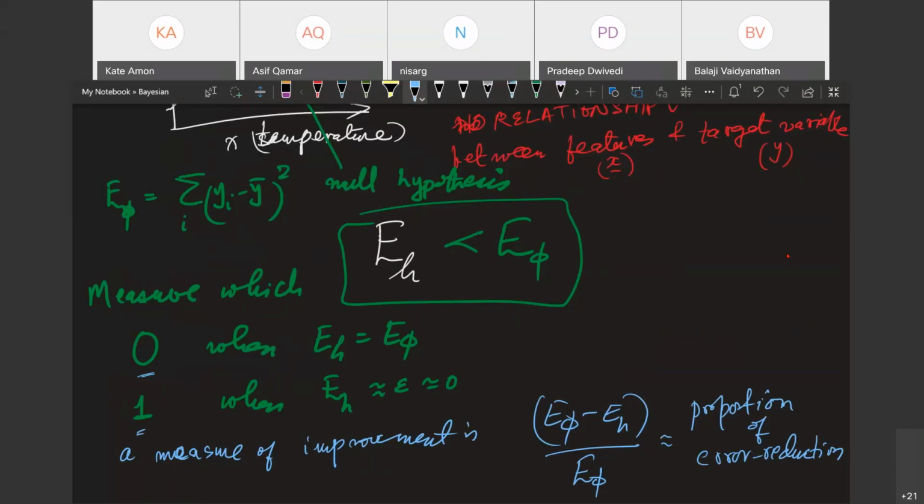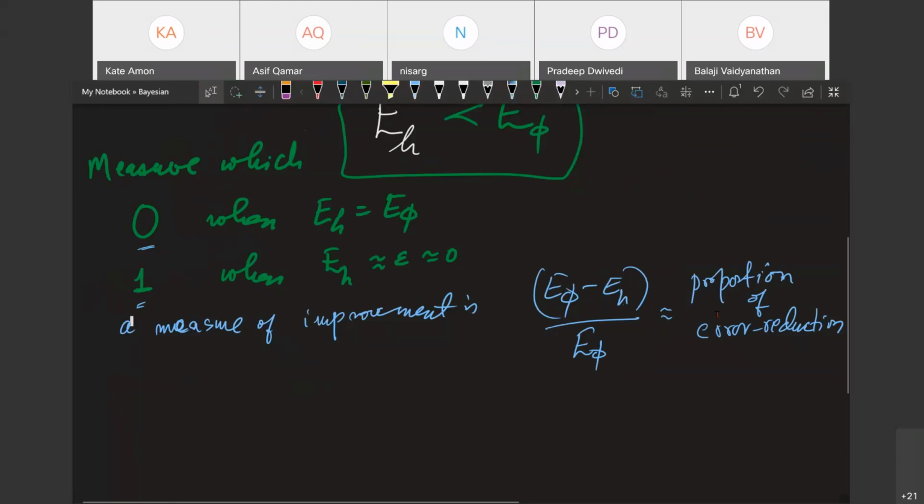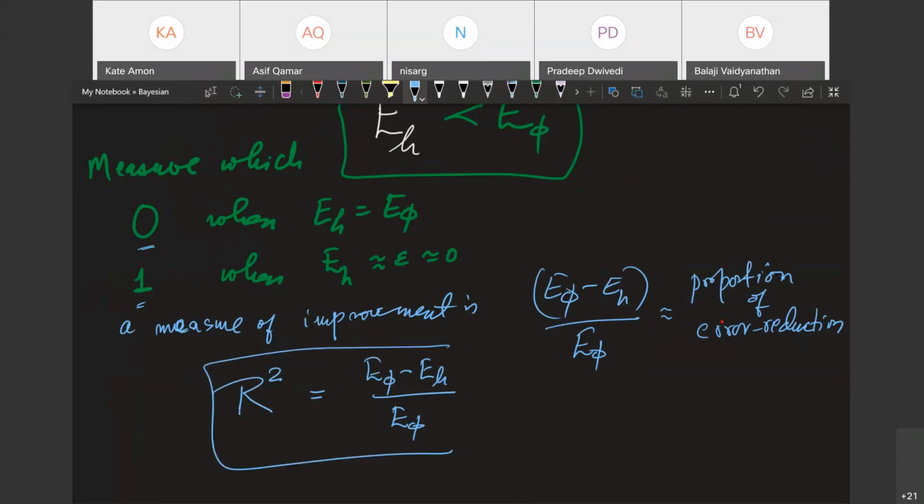And indeed, it is a good measure. There is a name for this measure. Let me write it. It is the famous R squared. We call it the R squared, and for historic reasons, there is a name for it.